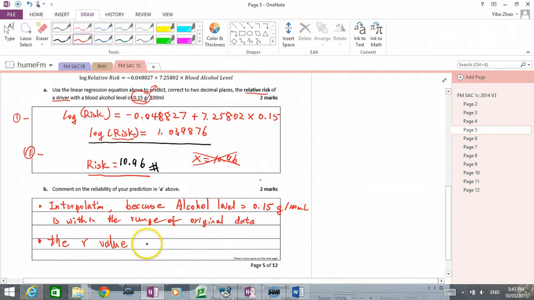The R value tells me there is a strong positive relationship